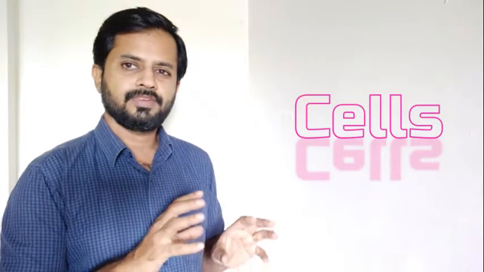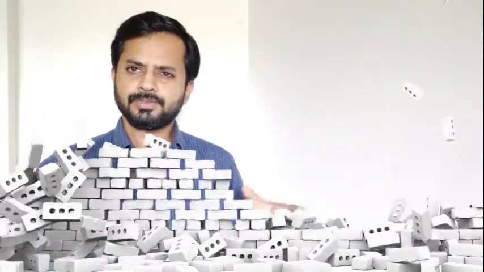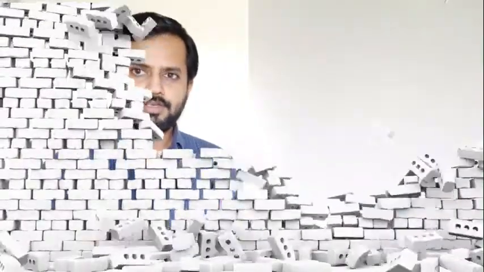Each and every body, our human body also, is made up of many small units, like making a house or making a wall. While making a wall, we take many bricks and arrange one brick on another, then another brick. Like that we make walls, and when the walls combine, we get a new home or house or shelter. In the same way, small units are combined to form a body. So our body is made up of small units. These small units are known as cells.